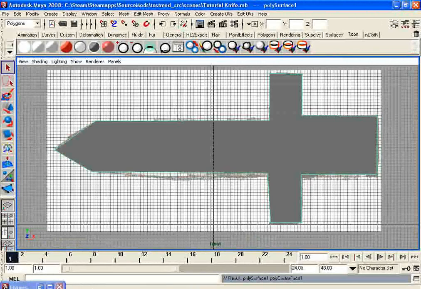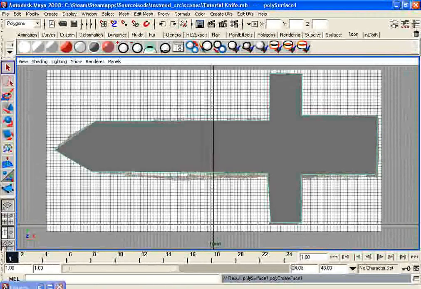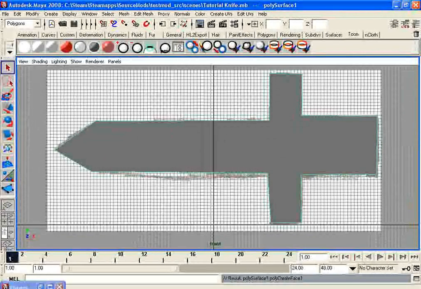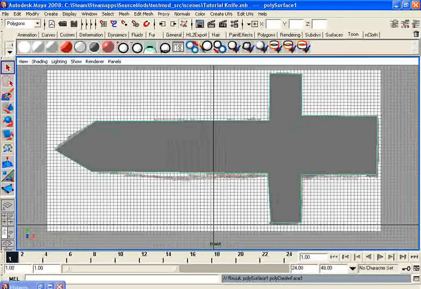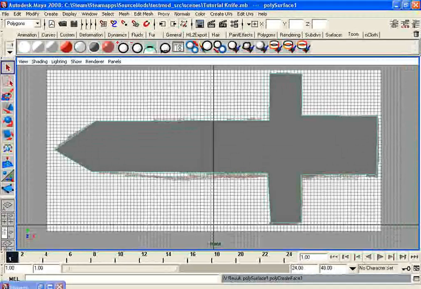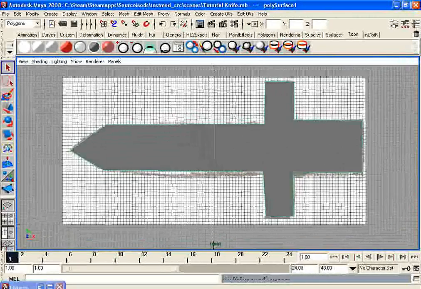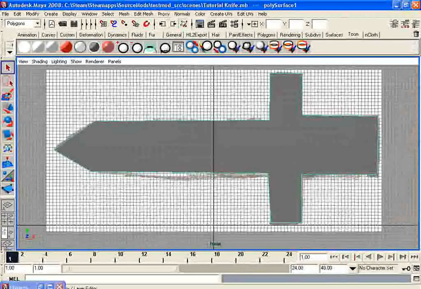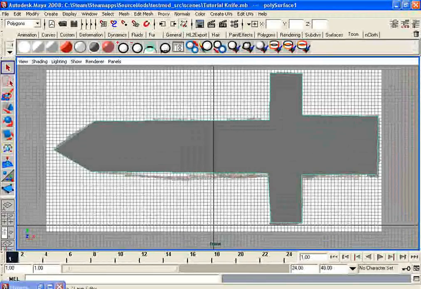Right now it's not completely straight. I can go over that later, but for right now I just want to get this done and working because I take too long on these tutorials. Alright, so you've got a basic sword. Well, it's a toy sword, but anyway, what you want to do is go to the channel box,